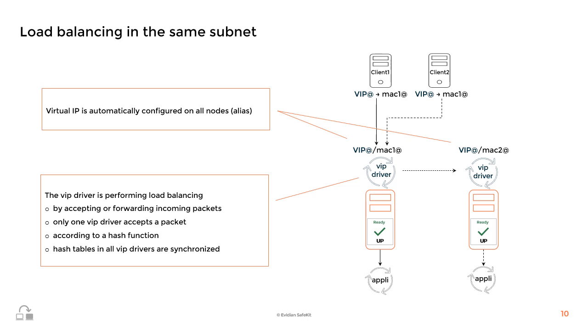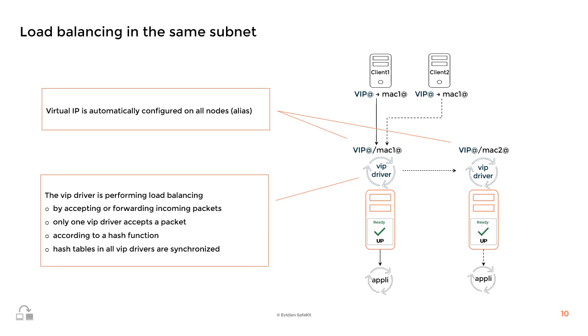A virtual IP address, also named VIP in the figure on the right, is a third IP address in addition to the 2 physical IP addresses of the 2 nodes. In a farm module, the virtual IP address is set as an alias on the network interface of both nodes, which run the application. Both nodes must be in the same subnet to be able to make the network load balancing and to switch transparently the MAC Ethernet address from one node to the other on failures, at level 2 in the network layers. Clients, as presented in the example, are connected to the VIP.